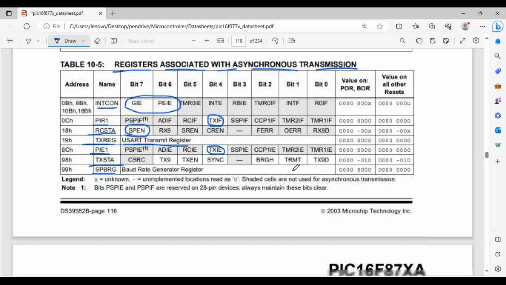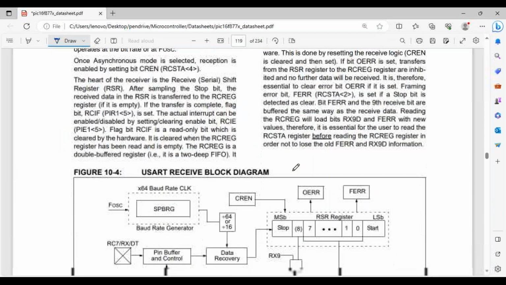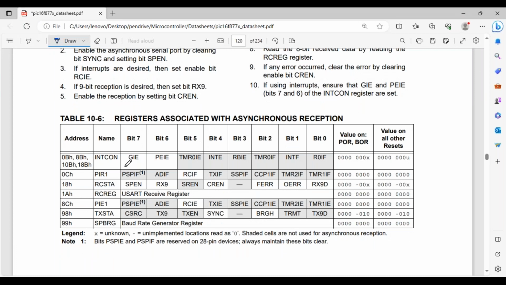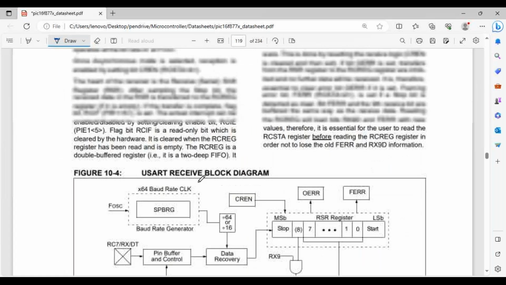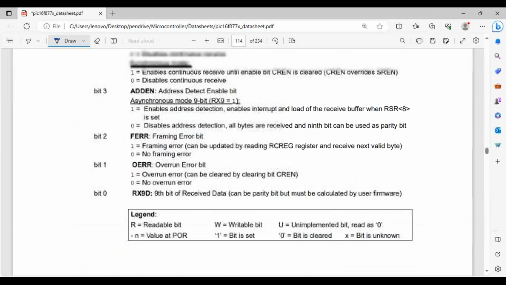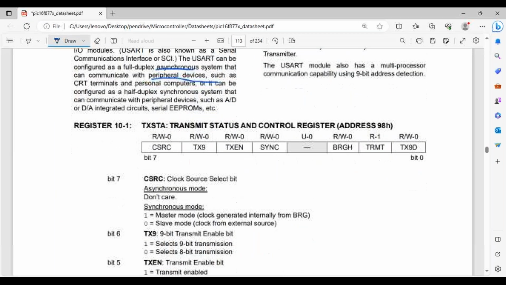This is for the transmission. And in asynchronous mode, we don't just transmit, we are also going to receive. So these are the registers used in reception: INTCON register, PIR register, RCSTA register, RCREG register, PIE register, TXSTA register, and SPBRG register. Now we have to start with the configuration of the bits. So I'm going to start with the register configuration. The first register we are going to configure is